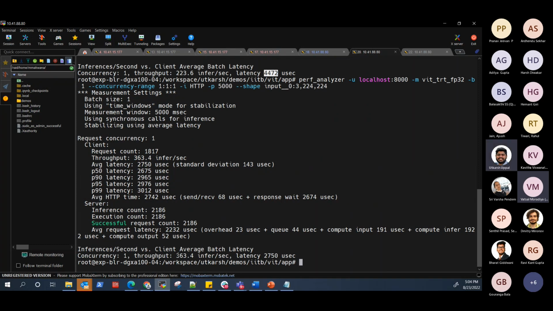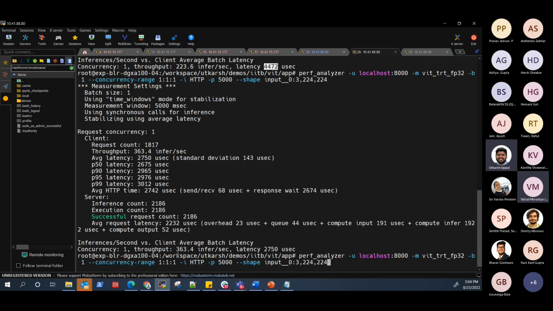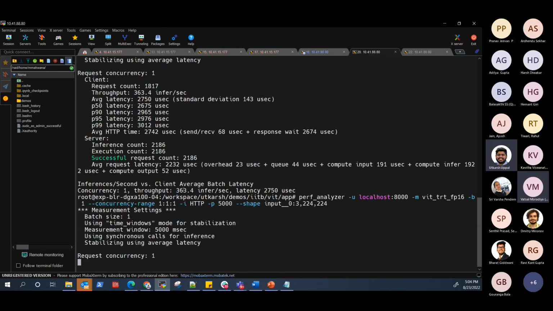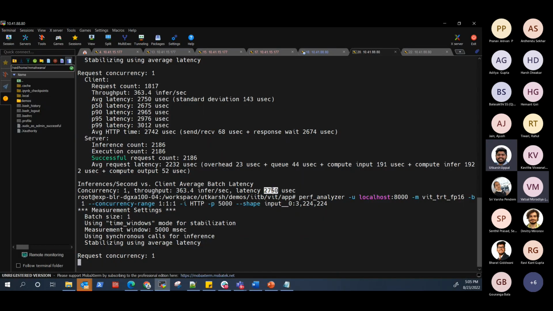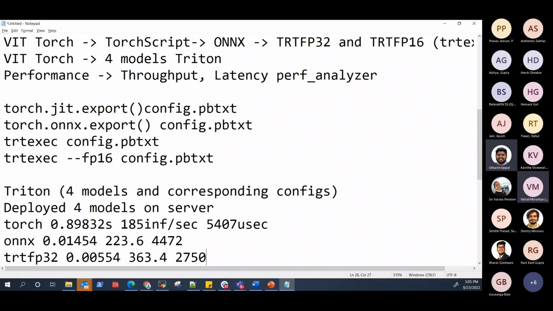Okay, 363 queries per second, and let's run the FP16 also before noting the number for FP32 to save some time. Okay, so 363 here, and your 2750 inferences per second. You can see we started with 185 inferences per second, right? And the numbers have improved to